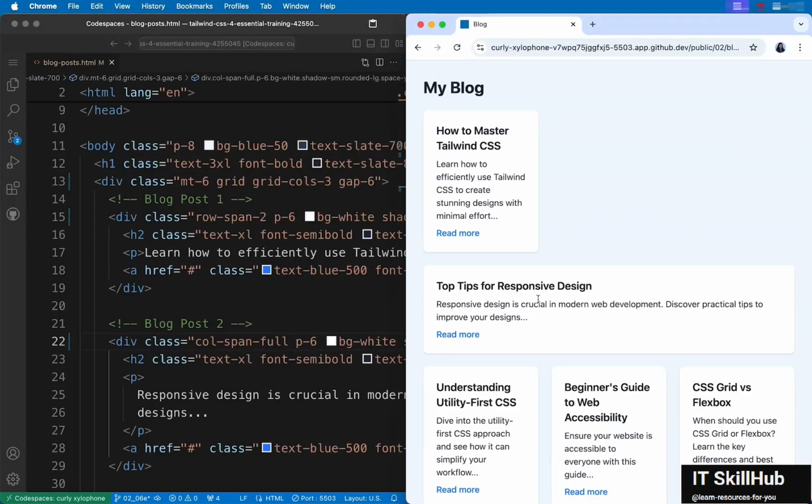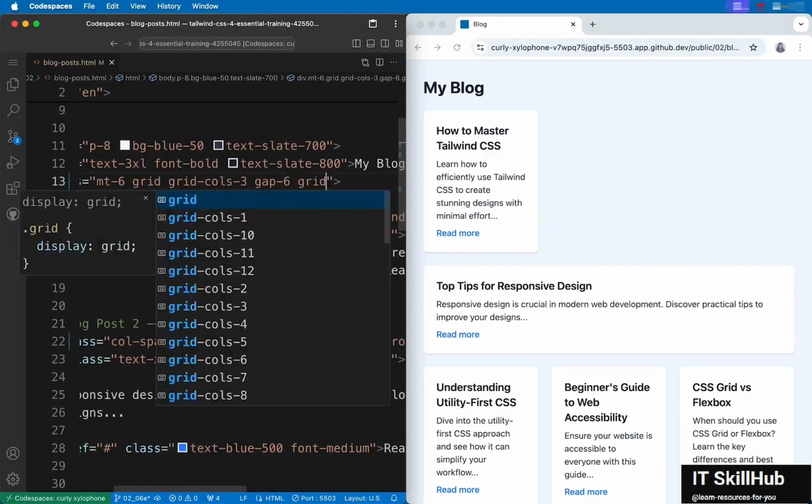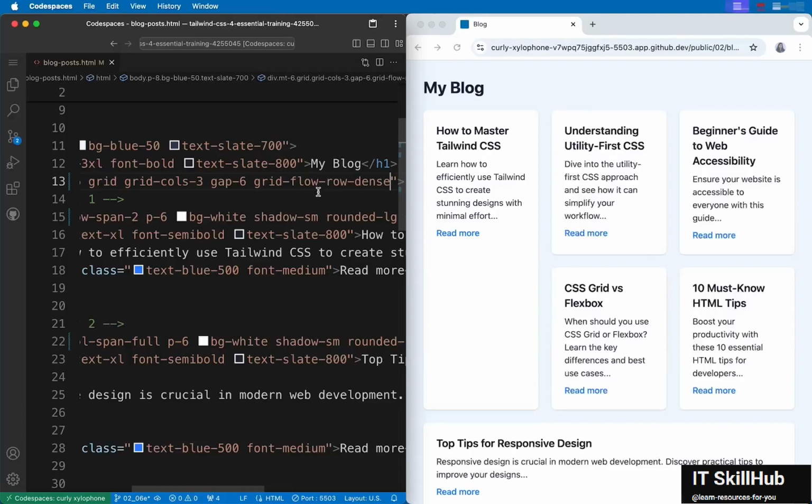Now obviously we don't want this empty space here. It would be nice if the other elements down here could occupy the space. We can do exactly that using the class grid-flow-row-dense. So as you saw in the previous video, the default flow is grid-flow-row. We don't have to specify that because that's the default. Now adding dense to it will make this possible. So it makes sure that all the items are arranged in such a way that there are no empty spaces whenever possible. Now this is great.